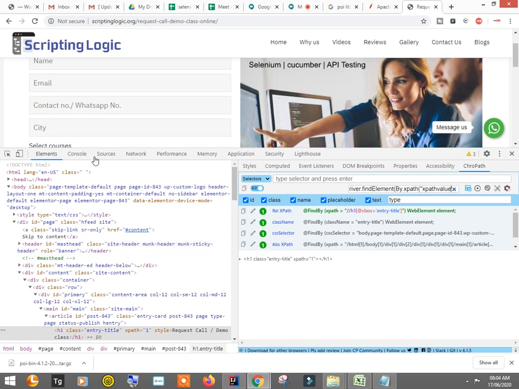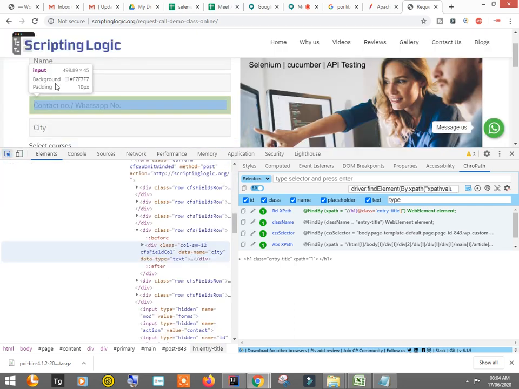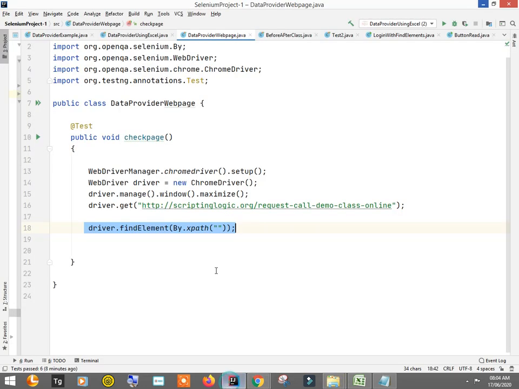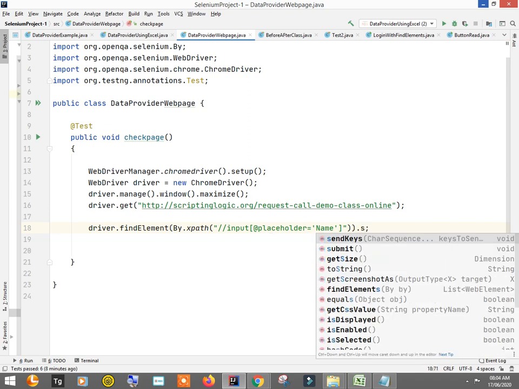So just simply click here and click on the element. You'll not only get the xpath but also the whole command, driver dot find element by xpath, like this. So I'll just simply copy this and put it into my code, and I'll say dot send keys,